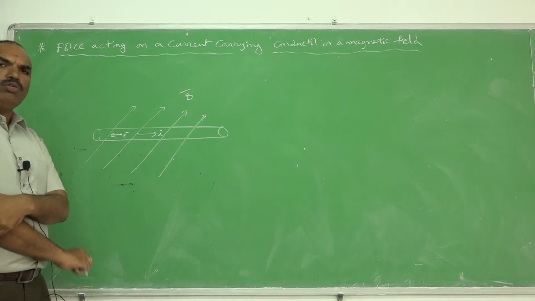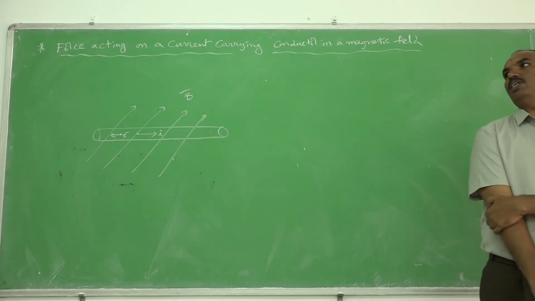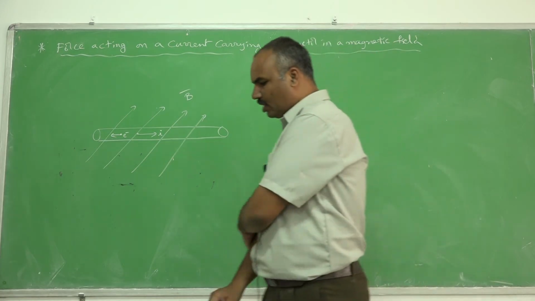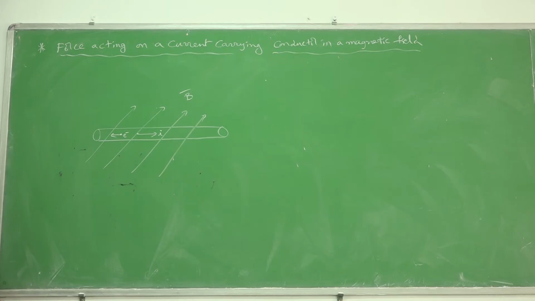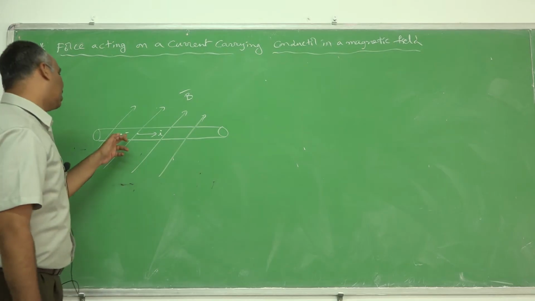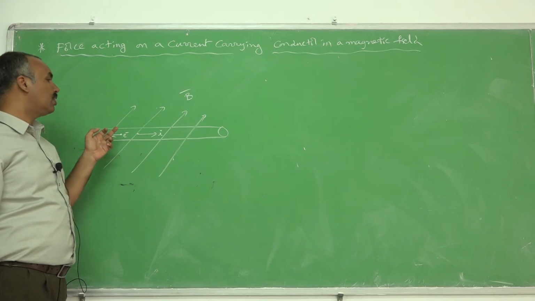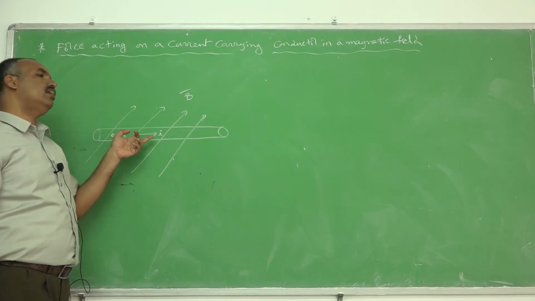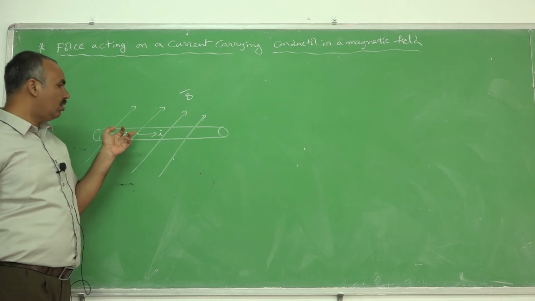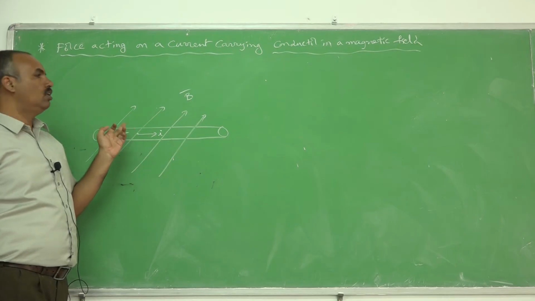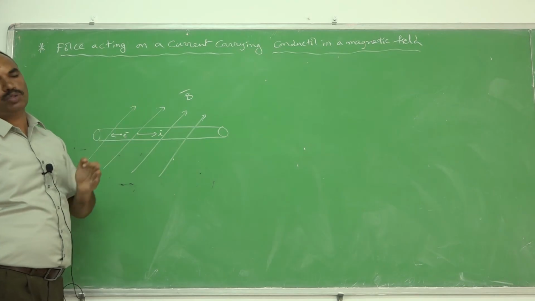Now, we need to calculate the force experienced by a current carrying conductor in a magnetic field. Will it experience a force? Exactly, it will experience a force. In last class we have seen, whenever a charged particle is moving in a magnetic field, it experiences some force. Here electrons are charged particles. As they are moving in the magnetic field, they will experience some force. Even conventional current is defined as the motion of charged particles. So as the motion of charged particles is like this, they will definitely experience some force.